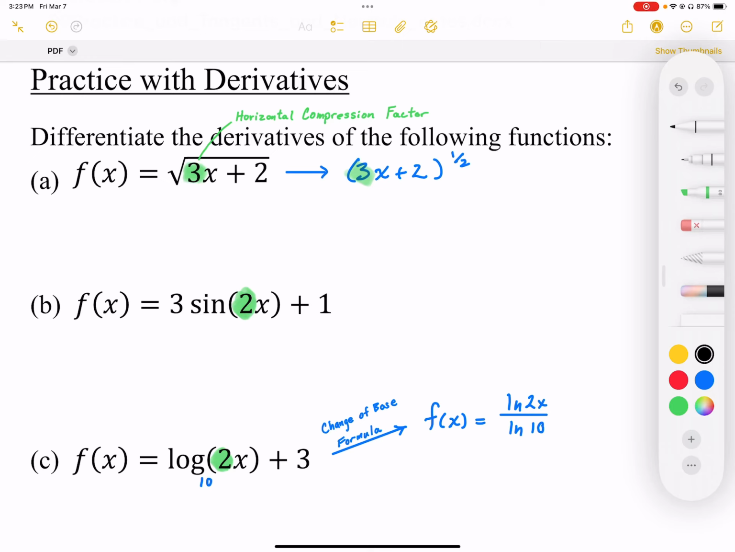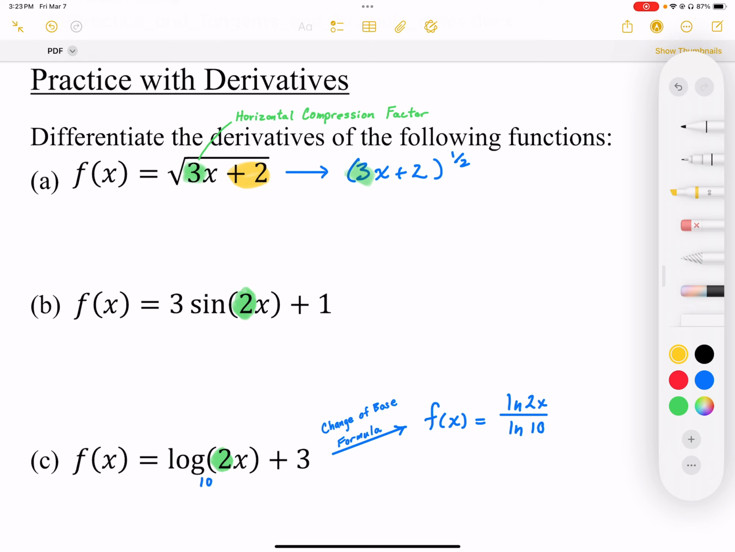In these questions, we're just going to practice finding a derivative. So in question A, we have a square root function. We should recognize that the square root function has a horizontal compression factor of 3. The plus 2 in this expression is a horizontal shift, which does not affect our differentiation. So we don't need to account for the plus 2, but we do need to account for the times by